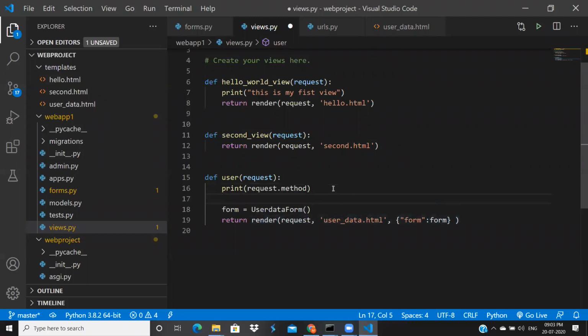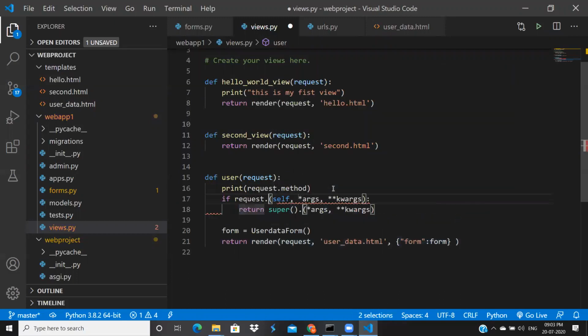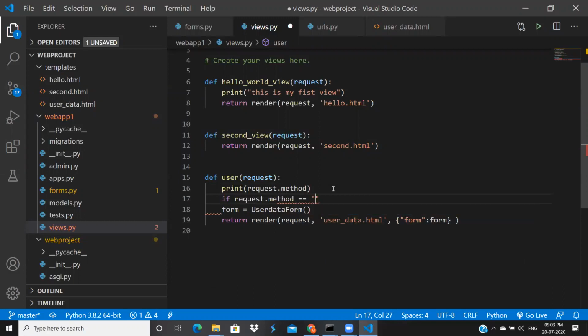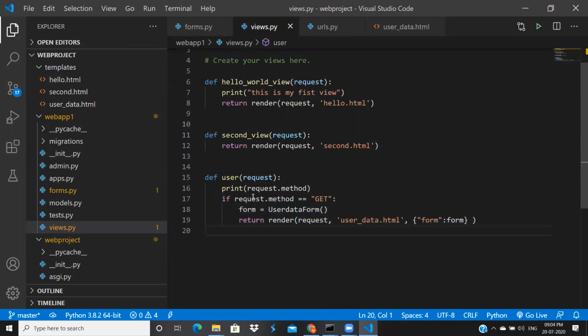So what we'll do here: I created one if condition. If request dot method equals get, send this form to the user. Why? Because we have to give resources to the user.